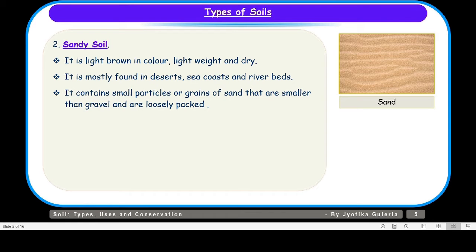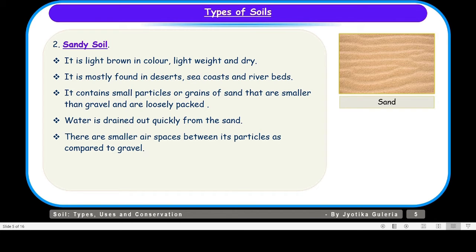It contains small particles or grains of sand that are smaller than gravel and are loosely packed. Water is drained out quickly from the sand. So children, like gravel, sand also does not hold water and water drains through it quickly.